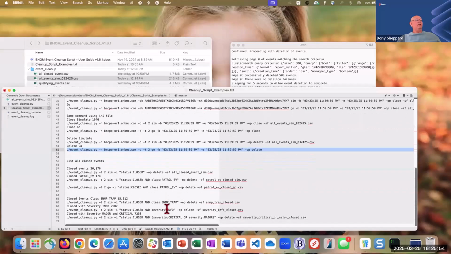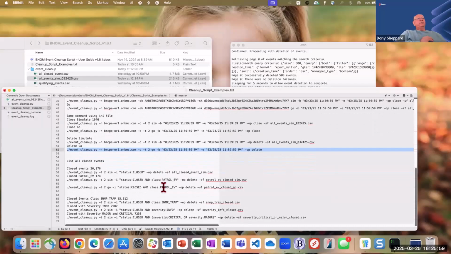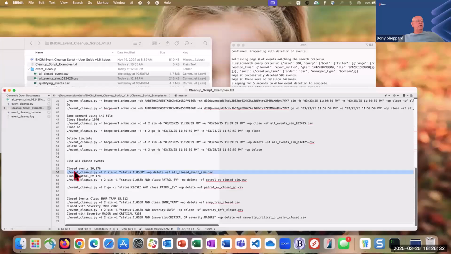So the utility is as granular as you want it to be when it comes to the inclusion or exclusion of the types of events that you're going after. I just listed a few examples of content. If I run the event against all closed events that are in my environment, it'll create that simulation file for me, and it runs fairly quickly. So I'm going to go ahead and